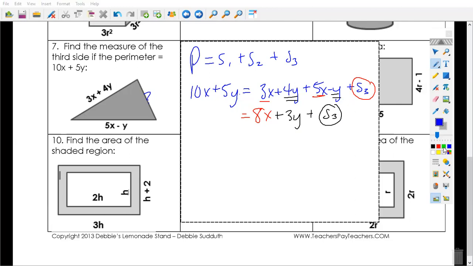All right, am I ready to start moving things? How do I move the 8x? Minus 8x, and it's going to join the 10x. And then I'm going to do the same with the 3y, also subtraction, and it joins the 5y. So what am I left with? We're left with 2x plus 3y equals our